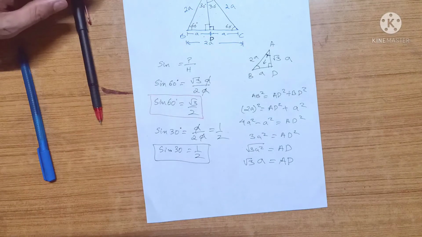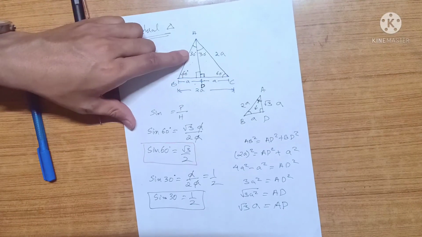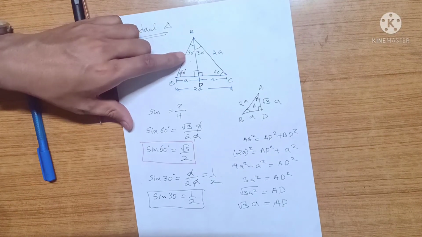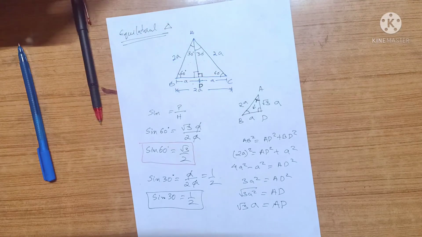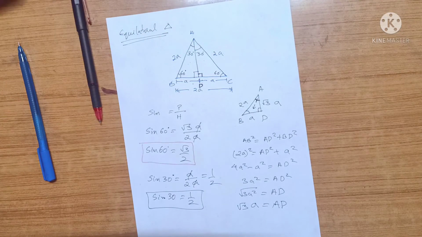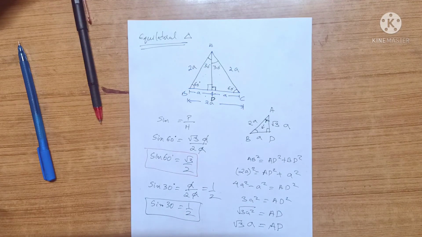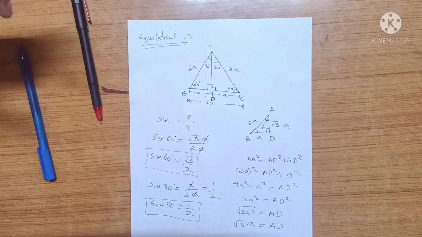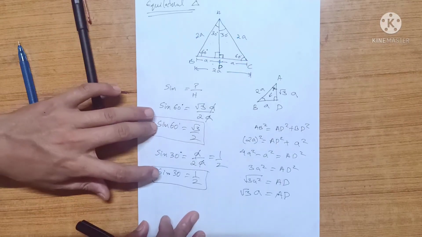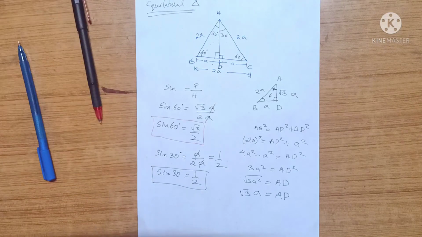So just like that, we can find the value of cos 30, cos 60, tan 30, tan 60, sec, cosec, cot, everything. Okay. This is not important, it will most probably not come for the exam. But I wanted you to know from where the values of sine 30, cos 30, all this stuff are coming out,